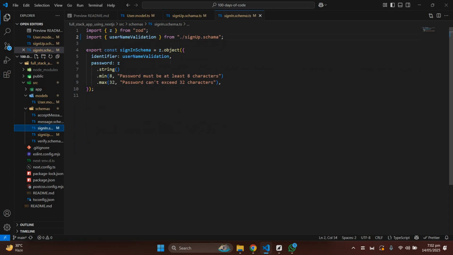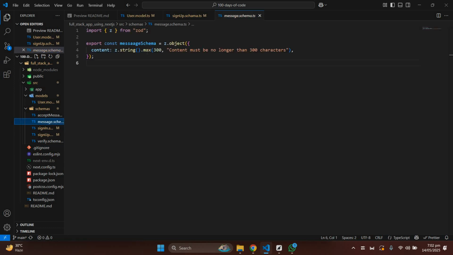And in sign in, there's nothing much. I'm just checking the identifier, which is the username validation, which I am importing from the sign-up. And I'm checking the password, same, if it's a string, minimum value, maximum value. Then the message is the same. In message we just have content, and I'm checking how many characters. We do not care much if it's at least one character, and for one character we don't need to add dot min because